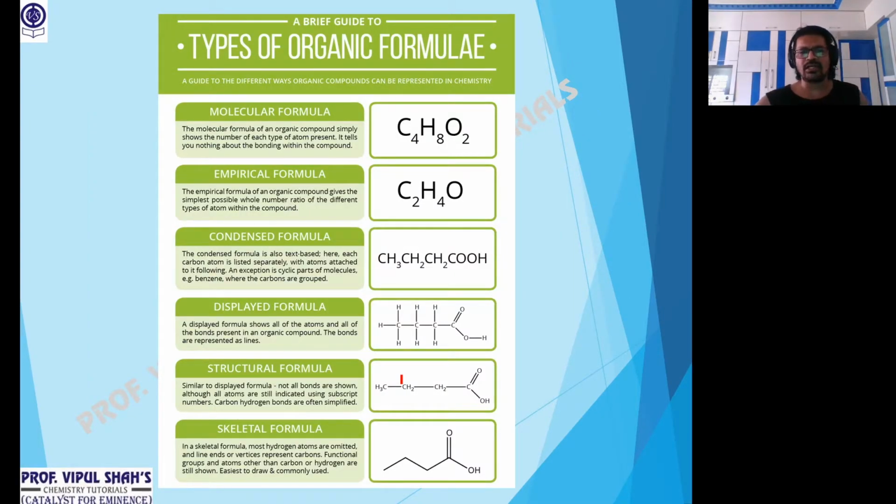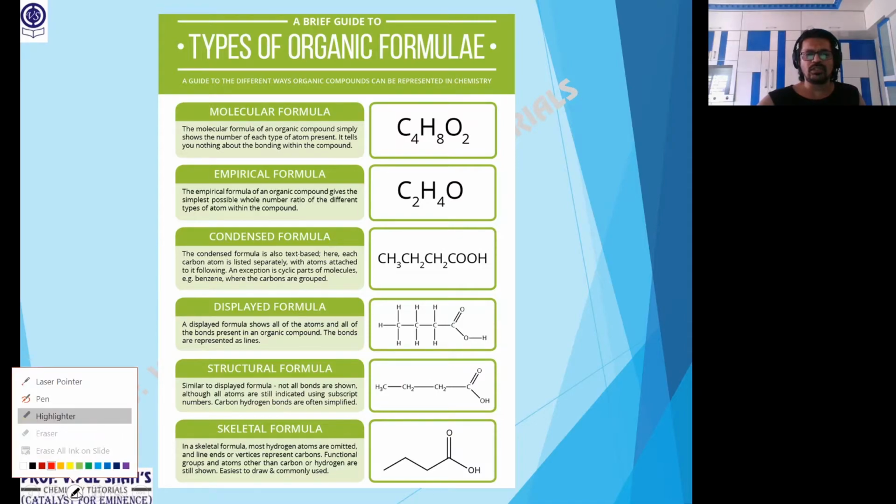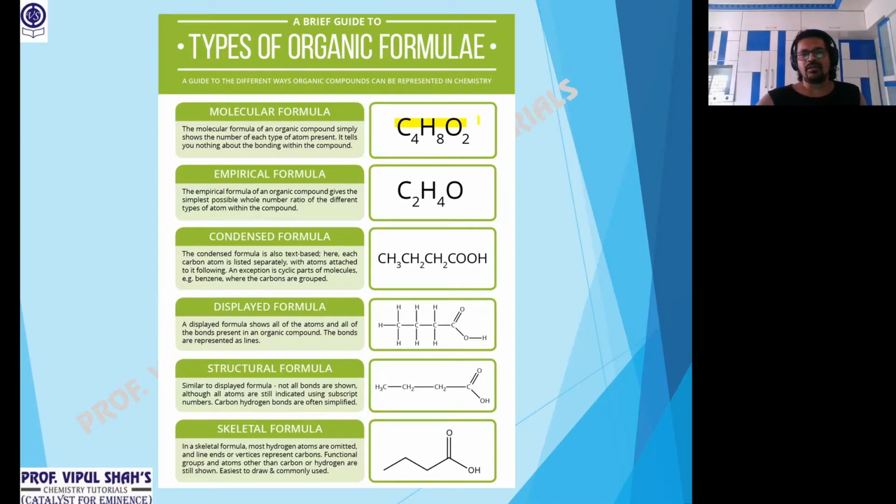Before going to the alkyl groups, we have to talk about the different types of naming the compounds. Let's start this part. First, we all know the molecular formula, that is this one, C4H8O2. I've just given an example to give you an idea. This is the general formula for monohydric alcohols as well as esters. Those are the functional groups we'll be doing. CnH2nO2. So if I put n equal to 4, hydrogen will be 8. So C4H8O2, that's the molecular formula.